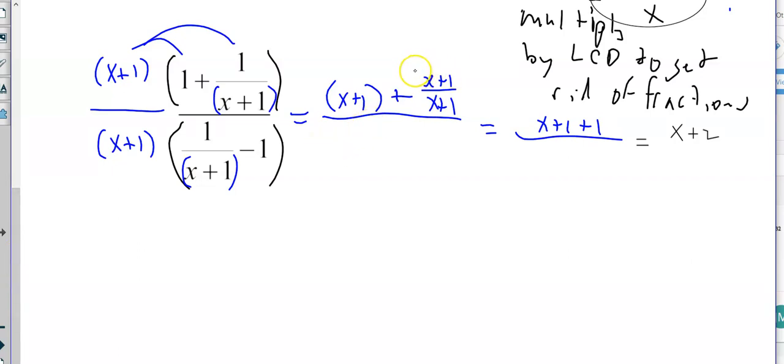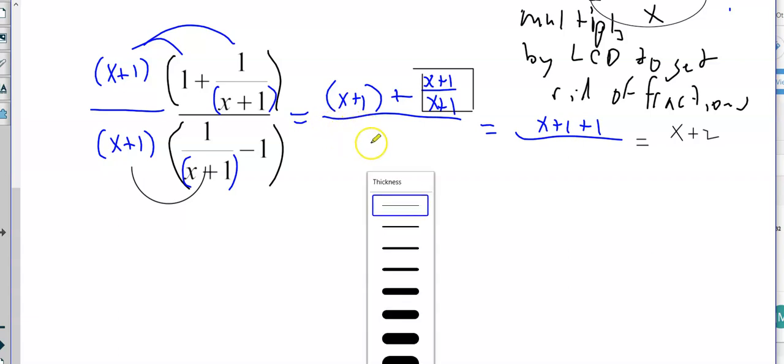A lot of you will not really show this step, like that is equal to 1 there. That's fine. I just want to make sure you understand what we're doing first. So I'll show this step. So this would be, I guess it'd be x plus 1. Wow, that's doing some really weird stuff there. Let me try that again. I don't want that. I want just a regular pen. Huh. Okay, so this would be